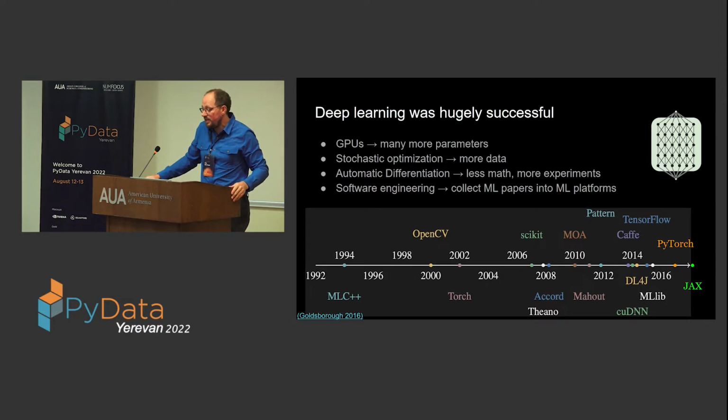Automatic differentiation libraries were becoming easier to use. Automatic differentiation had been around for a long time. There were Fortran AD algorithms, but they were libraries that were difficult to use. And around this time, the 2010s, these automatic differentiation algorithms were becoming easier to use